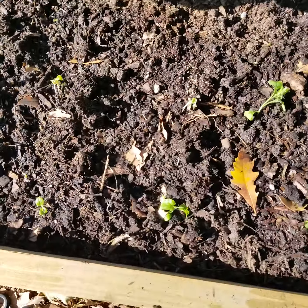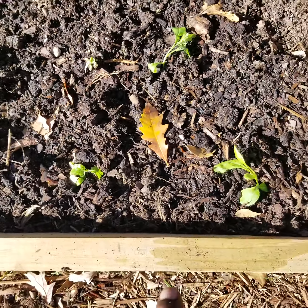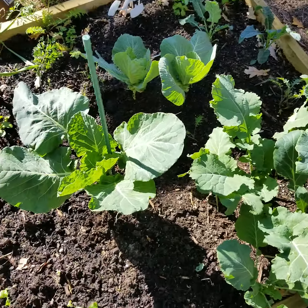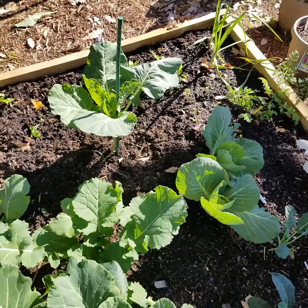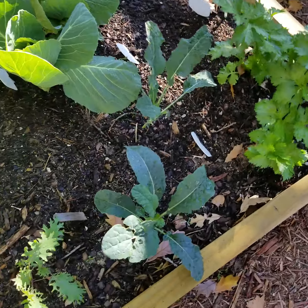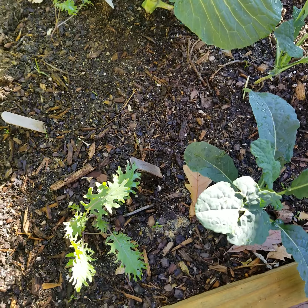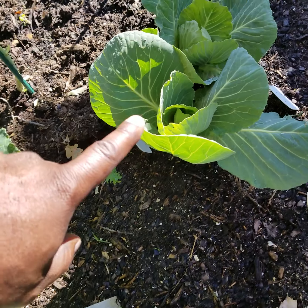These are supposed to be bok choy. Some, I forgot what those were. Oh well. Kind of uprooted the Brussels sprouts with this spike here. Got some cabbage. I love the look of these. I call them dinosaur kale, but they're not. That's not the true name of it. We got some more kale here, and there. That one's not doing too well because of the cabbages